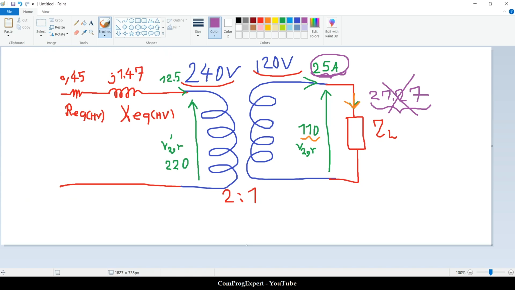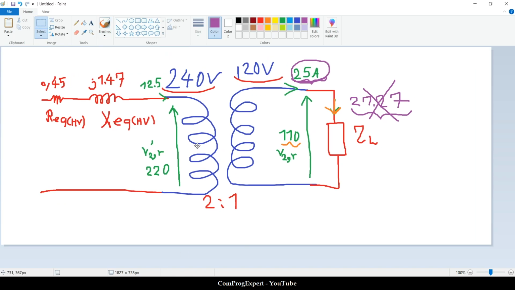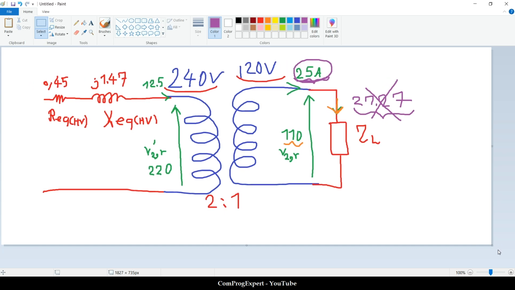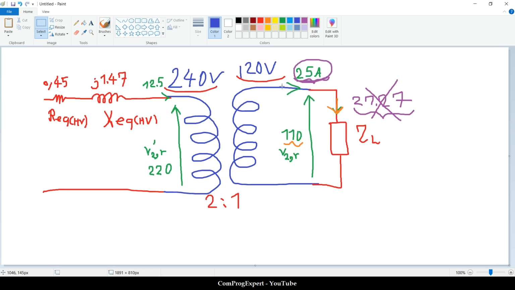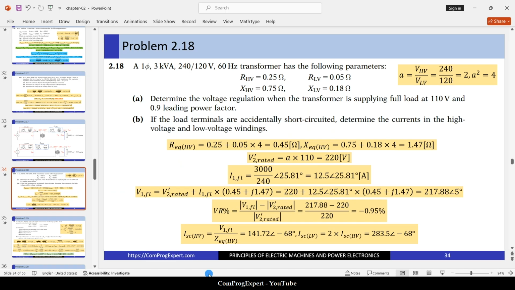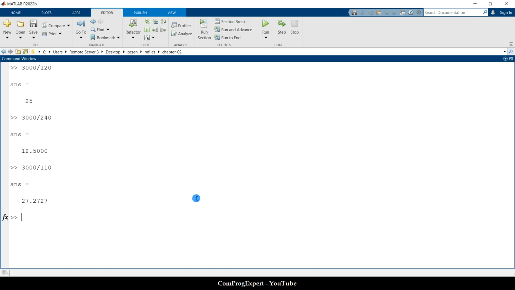So, we have also this phasor diagram. If we consider this as the rated one, V2, V2 prime, the rated one, this is the current, because the power factor is leading 0.9. How much is the angle? You know that cosine inverse of 0.9 times 180 divided by pi is